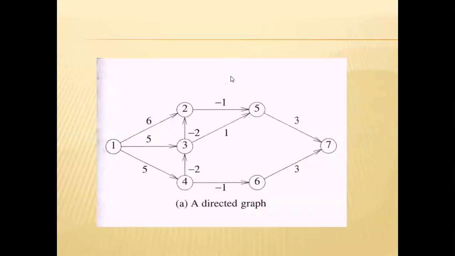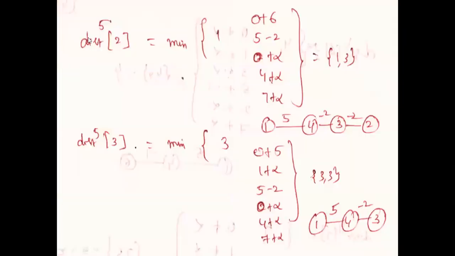So we are calculating the shortest path by using 5 edges, that is distance power 5. Distance 5 means we are finding the shortest path by using 5 edges. Actually there are no 5 edges existing, so 1, 2, 3. There are only 3 edges, the shortest path existing by using 3 edges. Next we are calculating the shortest path by using 3 edges.